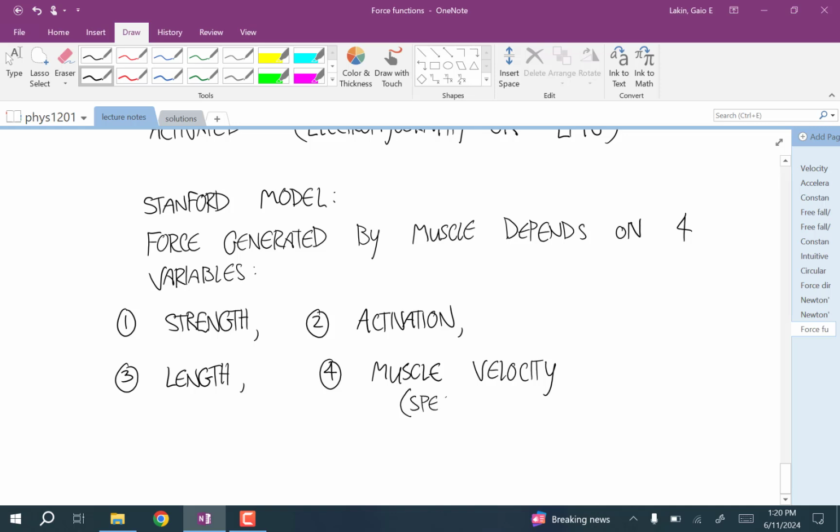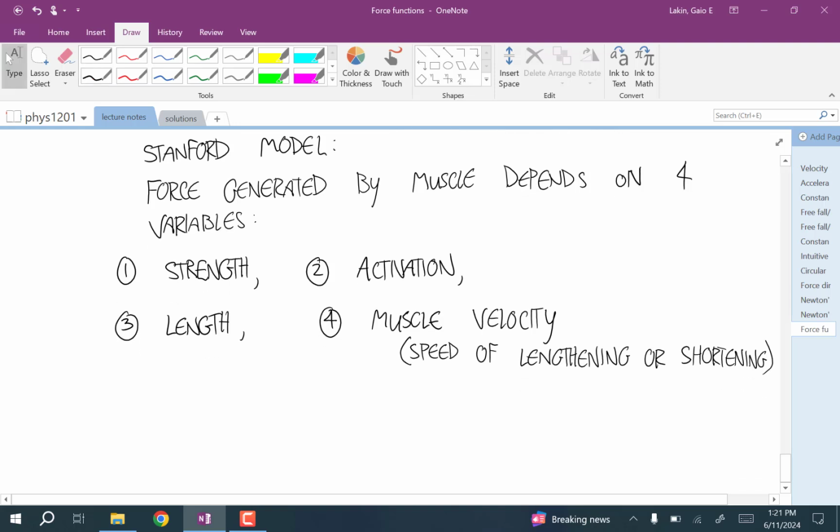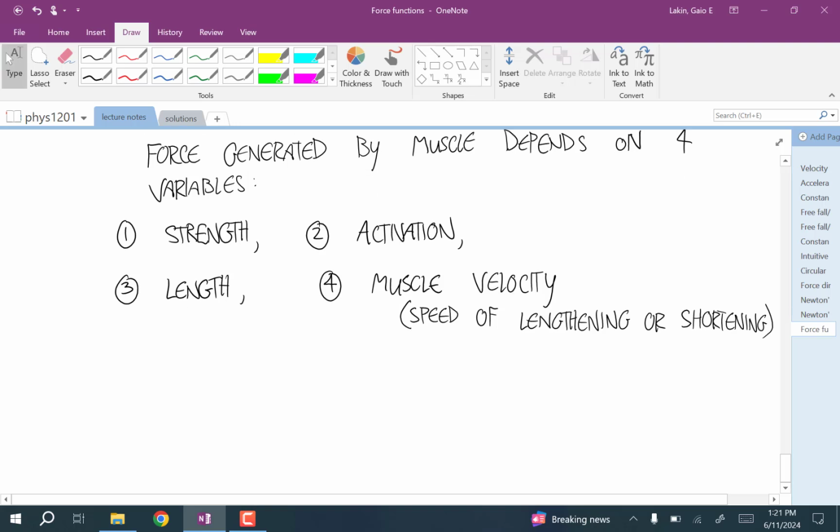So this is like the speed of lengthening or shortening. And this is also normalized, so this value goes from -1 to 1. And the total force generated by the muscle